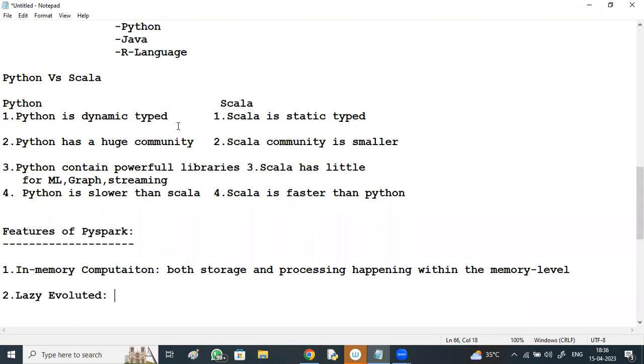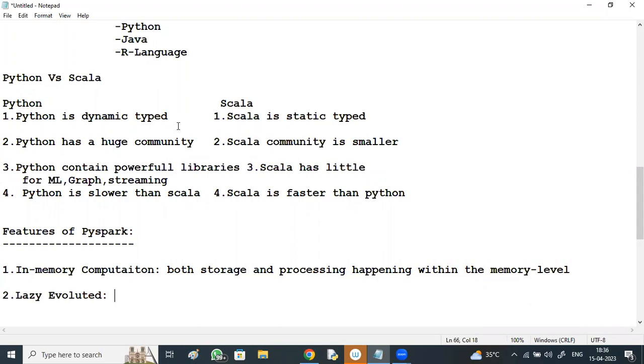A function won't execute automatically until you make a function call. If you make a function call, then only that function gets executed, right? In the same manner, Spark is a data flow language. The data flow won't execute automatically. If you perform some action, then only the data flow gets executed from the start to the end. And data flow means one flow's output is the input to the next flow, right?